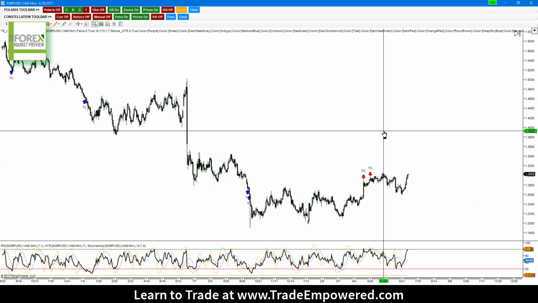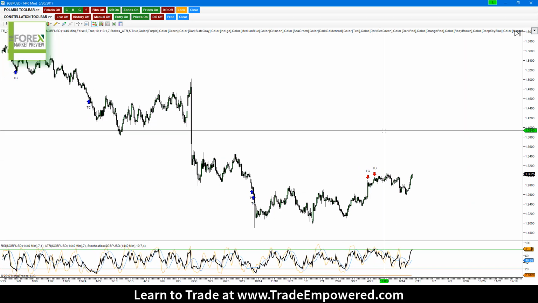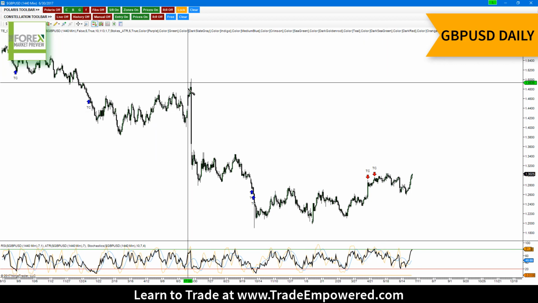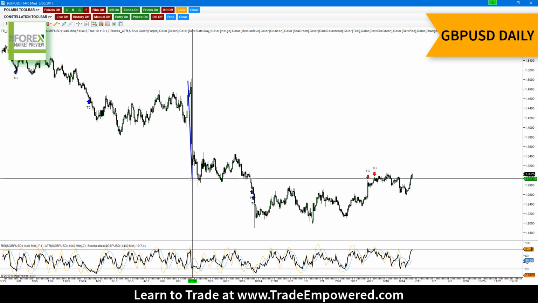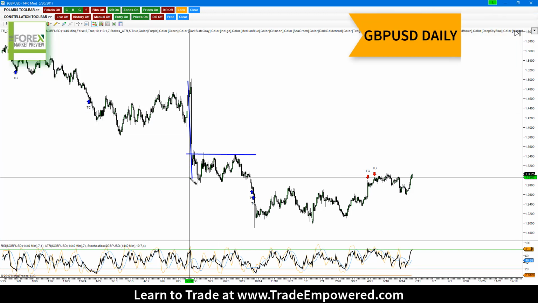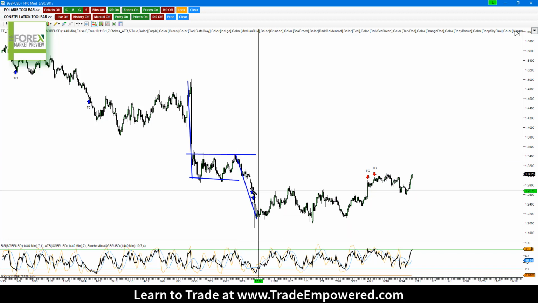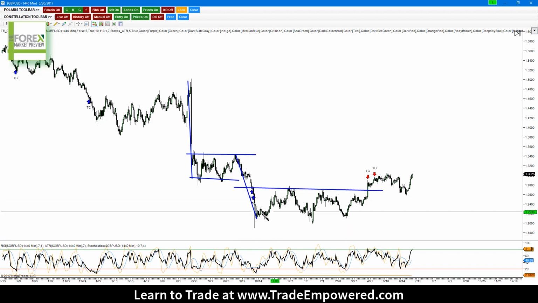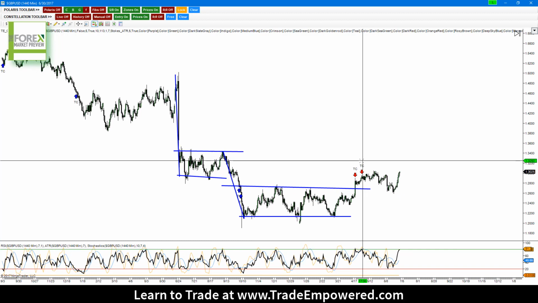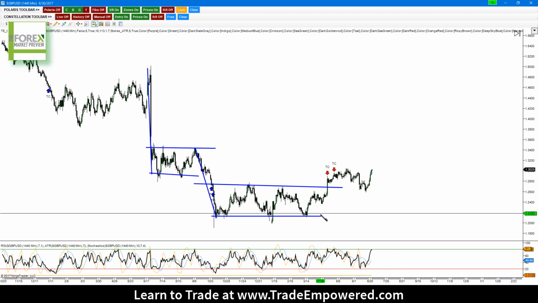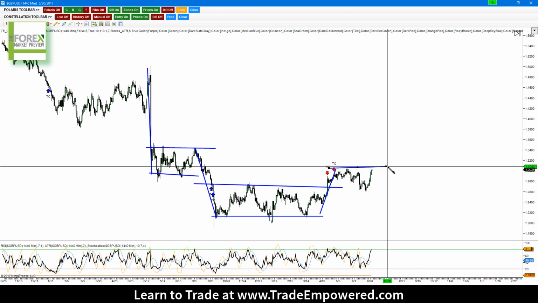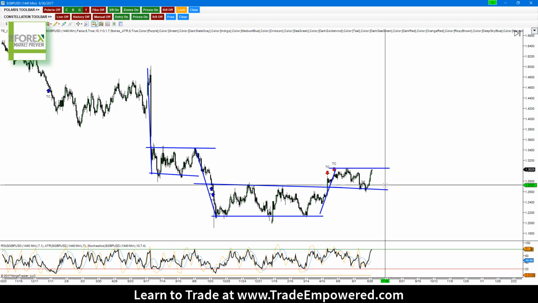Now, starting off on the pound dollar here, I just want to take you through a walk of what price action has recently done. You've seen that we've done an extension down. We followed that up with a consolidation, right? Consolidation period of sideways movement. We've then created lower low, lower closes, and then we've consolidated here. And then most recently, we've broken above that level of consolidation and we're starting to consolidate again, right?